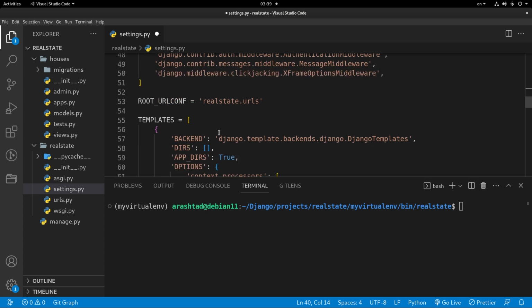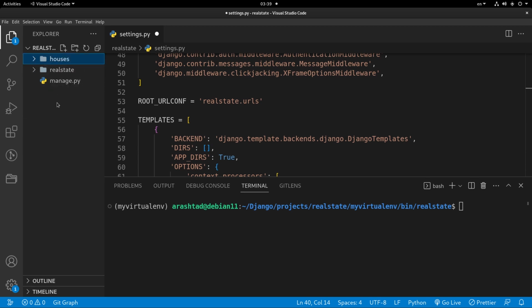Also in the templates, we should determine the directory of the templates. As we're going to have the templates as well, we can right now create our templates folder here. So I can either create a folder here or run mkdir templates,